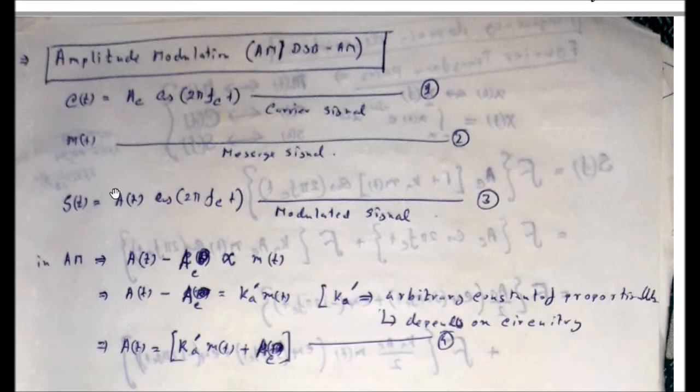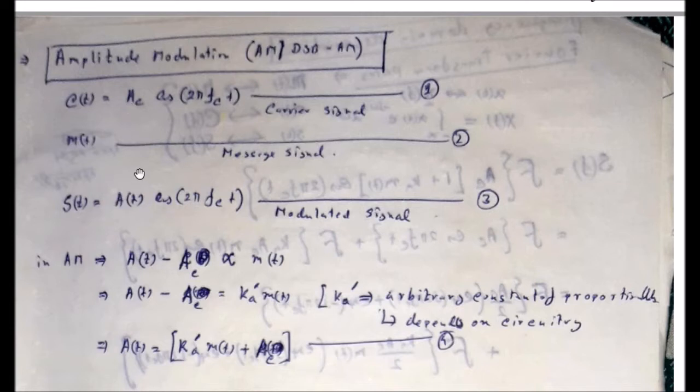That means now a modulated signal's amplitude will be a time varying amplitude, which is actually containing the message signal. But the phase quantity and the frequency will not be changed by this process. So it is the message modulated signal after modulation. S(t) is the modulated signal after the modulation of m(t) by c(t). So now the amplitude of c(t), A_c, which was constant initially, has become time varying now.